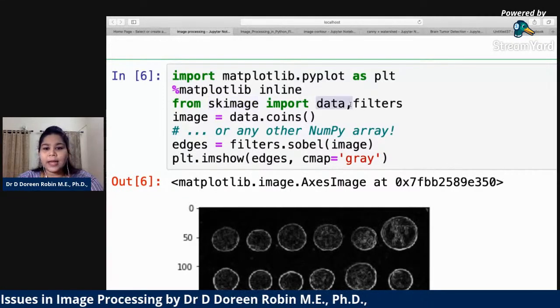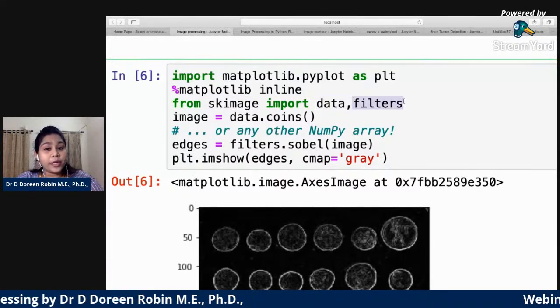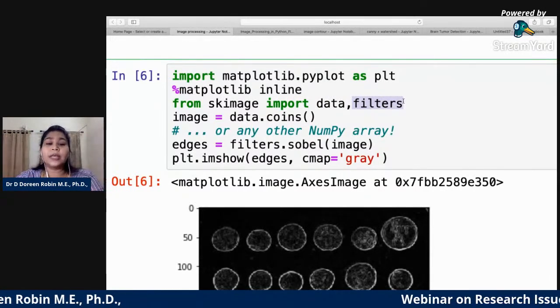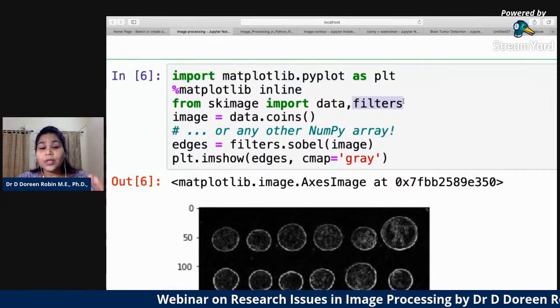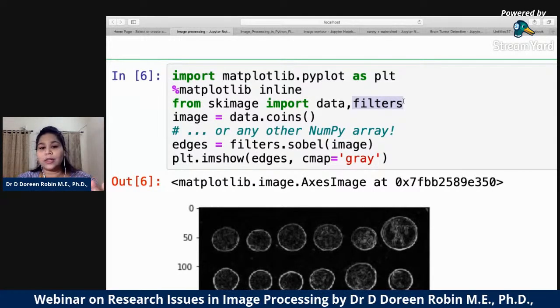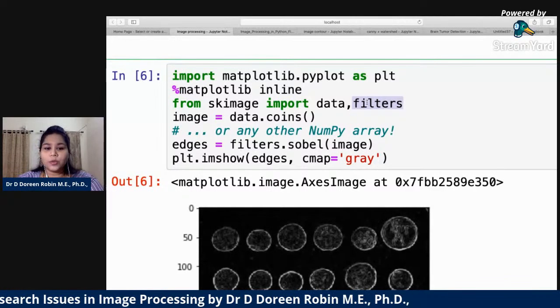So to get my data set, I'm going to use a filtering operation. Imagine, how many of you have seen that after you prepare tea, we filter it because you want to remove the tea powder and the extracts. Like I want to filter things, I'm going to use a filter.